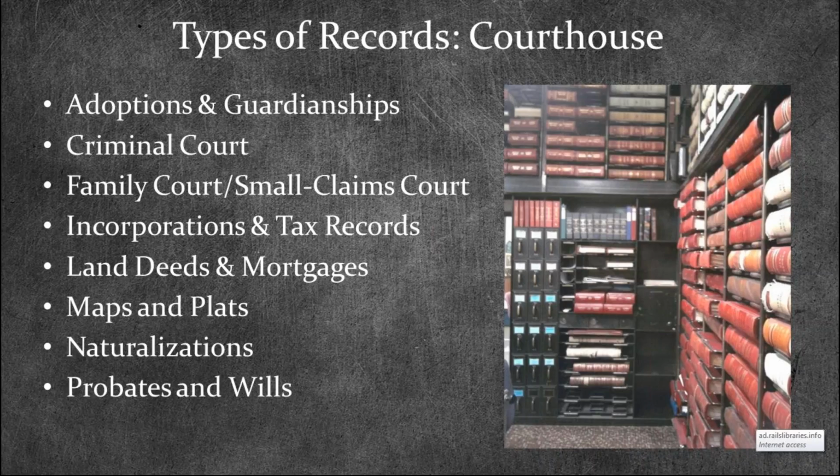Another resource is naturalizations. So I mentioned a little bit in the last presentation about citizenship and naturalization records. And the county courthouse would be a very good place to start when you're looking for those types of records. So for example, there were 3 different types of courts that you could naturalize in if you wanted to become an American citizen. So before 1920, you could either go to the county court where you lived, or you could go to the city court depending on the size of the community you lived in. So you could go to Cook County, or you could go to the city of Chicago.